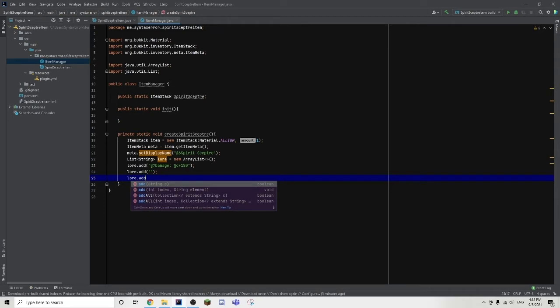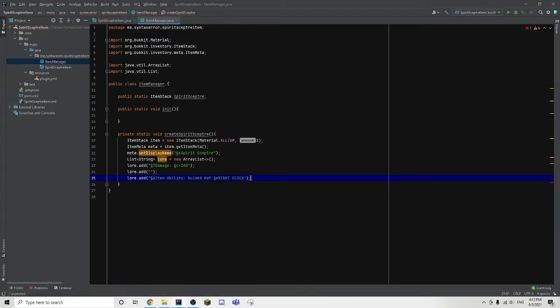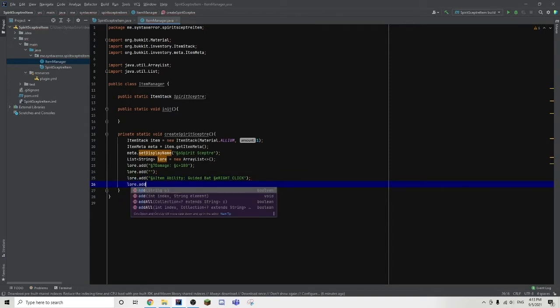Now we're going to type lore.add again and paste back the color code and type Item Ability: Guided Bat. And we're going to paste in our color code again, but change the 6 to E for yellow and type RIGHT CLICK. Then we are going to create another line of lore and paste in the color code, change the 6 to 7 and type Shoots a guided spirit bat,